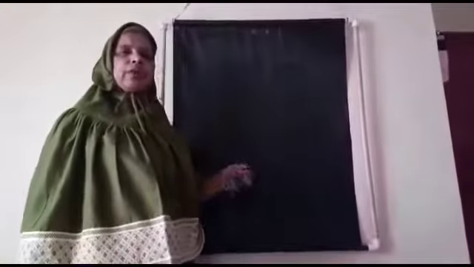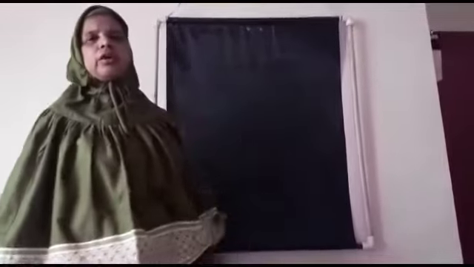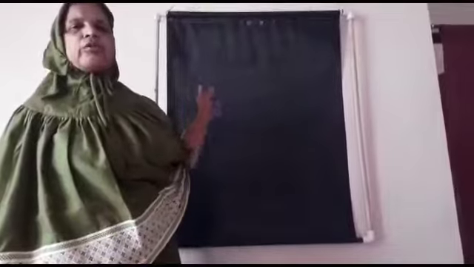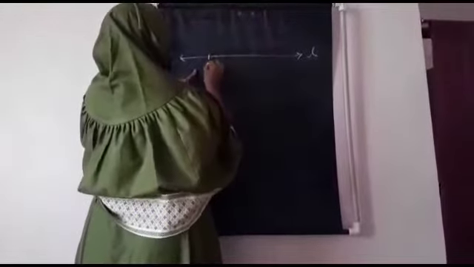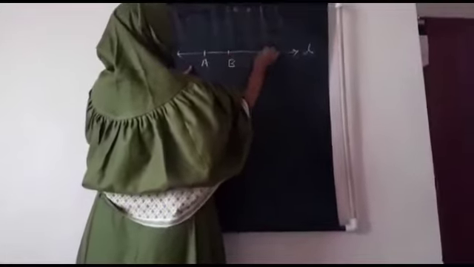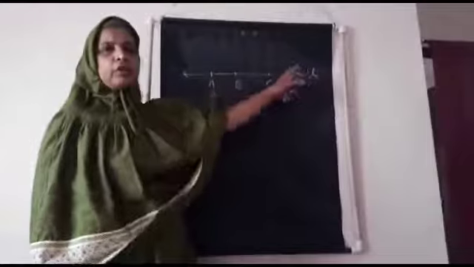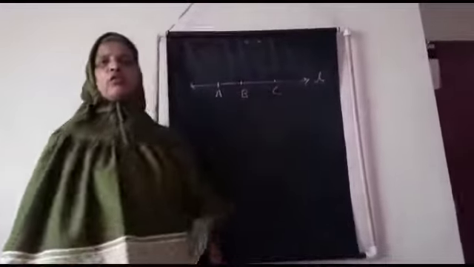Just now, with the help of the formula, we found the distance between the two given points. Now I am going to show you, using the distance between points, whether the points are collinear or non-collinear. On one single line, many points are present. For example, this is our line L. On this line, many points are present. So now consider any 3 points, say A, B and C. All these 3 points lie on the same line L. That is why these 3 points are known as collinear points.